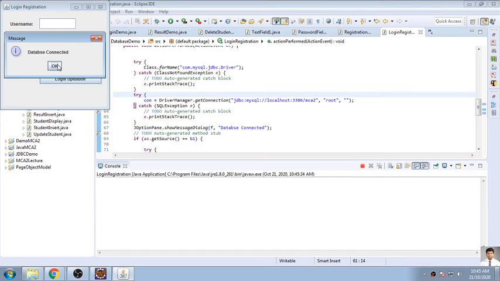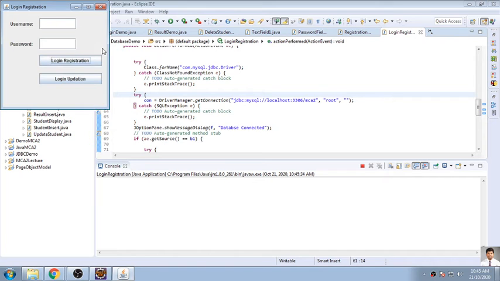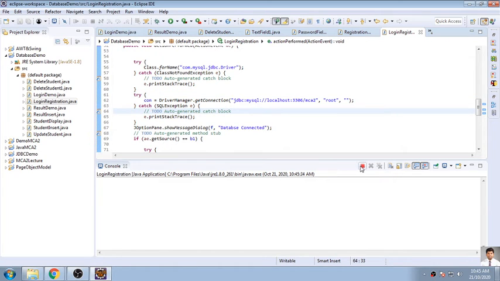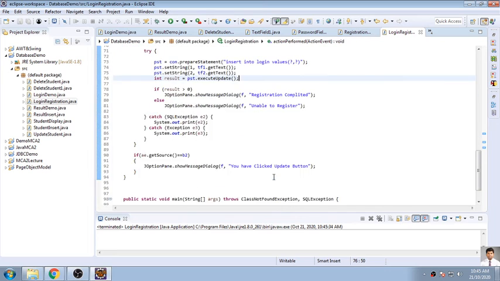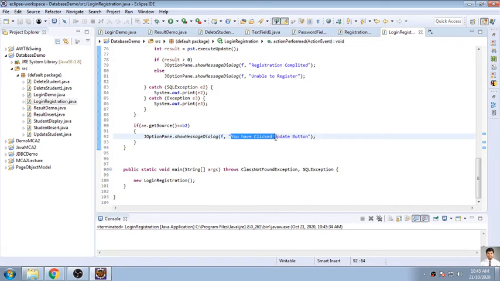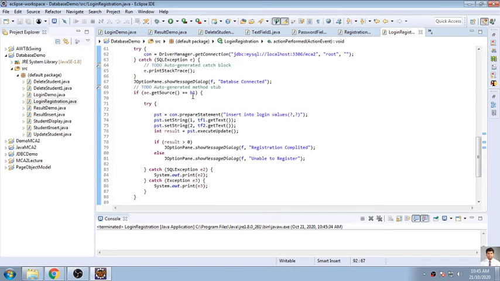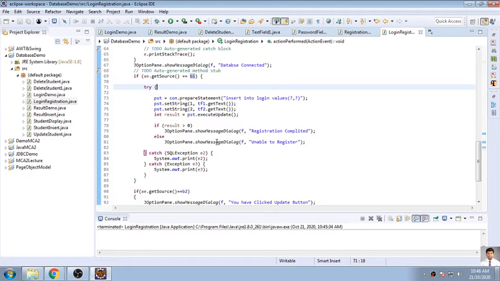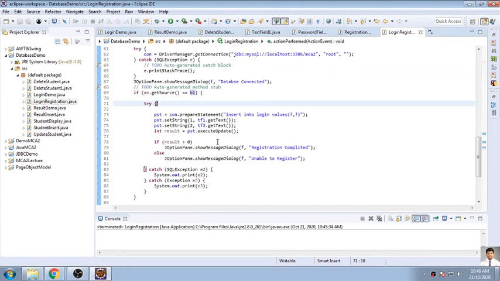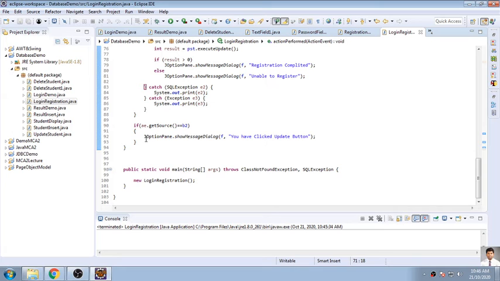So it is showing me like this. So we'll write a code for updating.